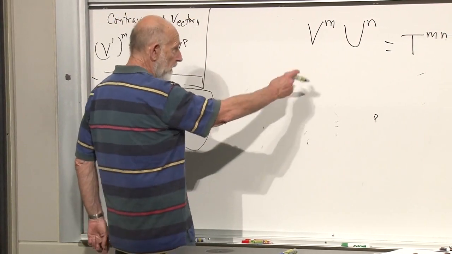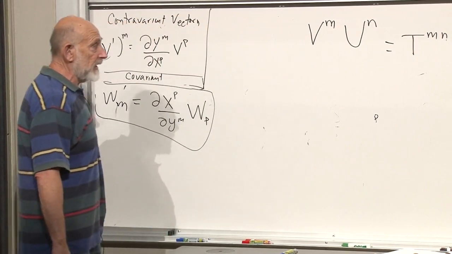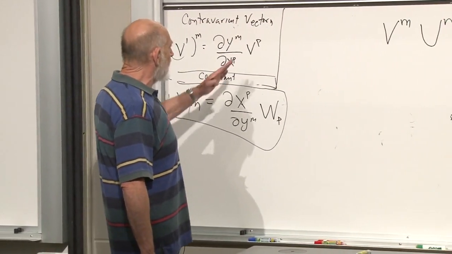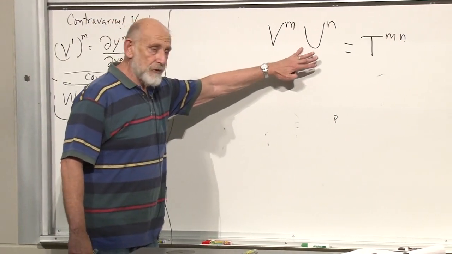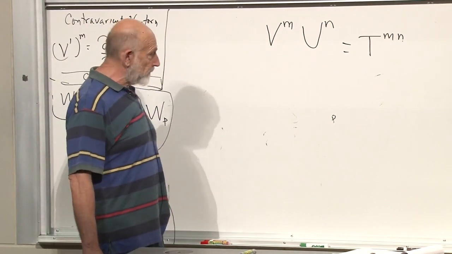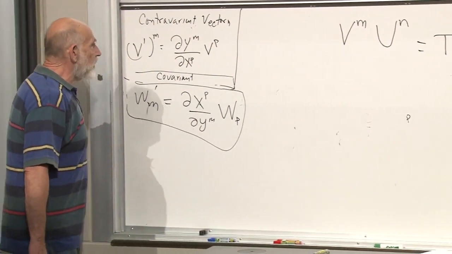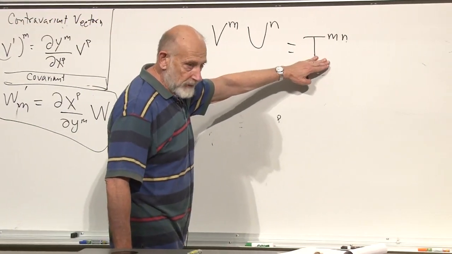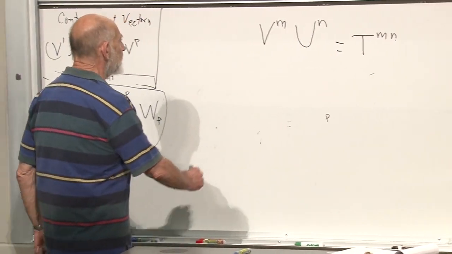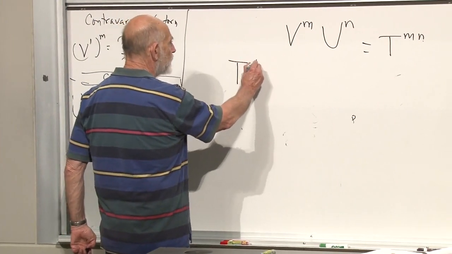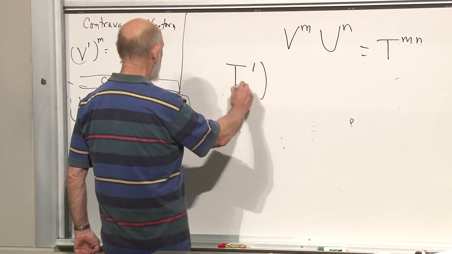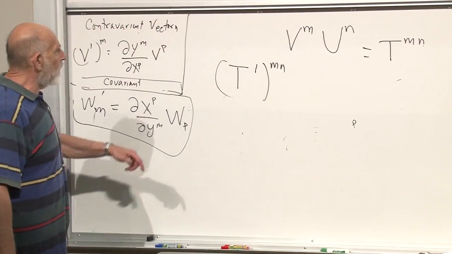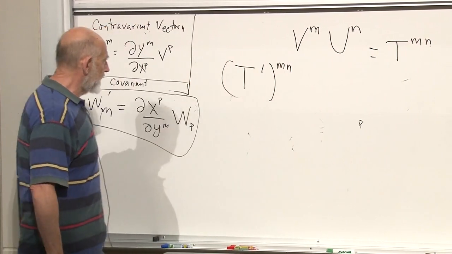All right, it's called T^{MN}. So this is T in the unprimed frame of reference, and it's composed out of the components of the individual vectors, also in the unprimed frame of reference. Well, since I know how the individual components transform, I can tell you how T transforms. So let's see if we can figure out what T prime MN is. Well, first of all, what is V prime?